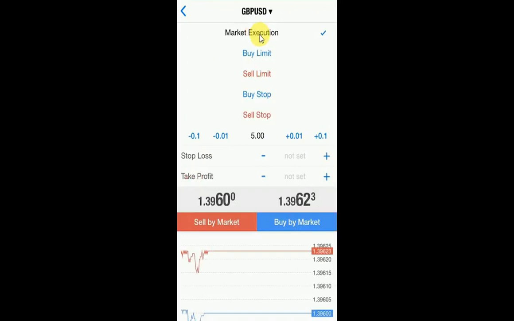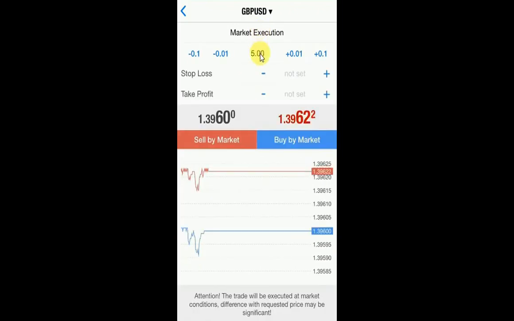Okay, yes, market execution, and then this is your lot size. Like I said, your lot size depends on how much you have or how much you want to make per pip. So you have to do this calculation to be sure. If you are starting with a $200 account or $250 account, I advise you go with 0.00s, like 0.001, 0.002, 0.003. You understand? So you set it here,